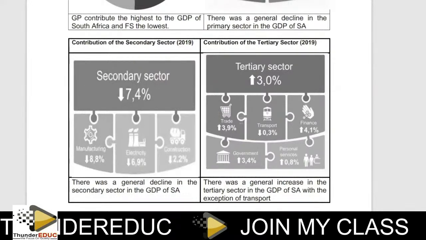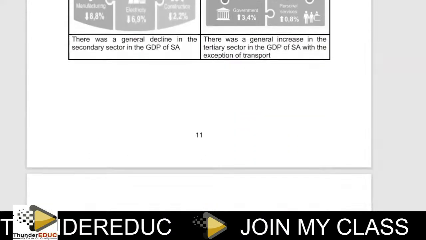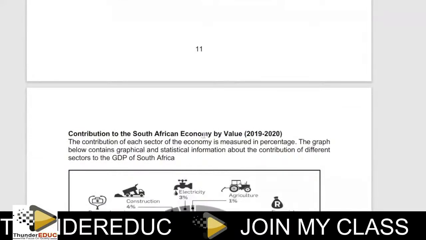Then we also have the tertiary sector, which covers, in other words, tertiary services: trade, transport, finance, all those personal services, government. They contribute this much to the economy of South Africa. Now by looking at those different sectors, you need to know which one contributes more, which one contributes better, what is its value, and so on and so forth. So here we are saying the contribution of the secondary sector, or the contribution to South Africa's economy by value